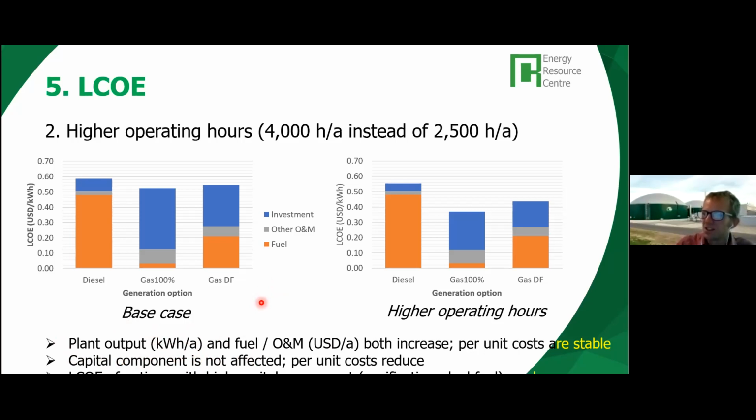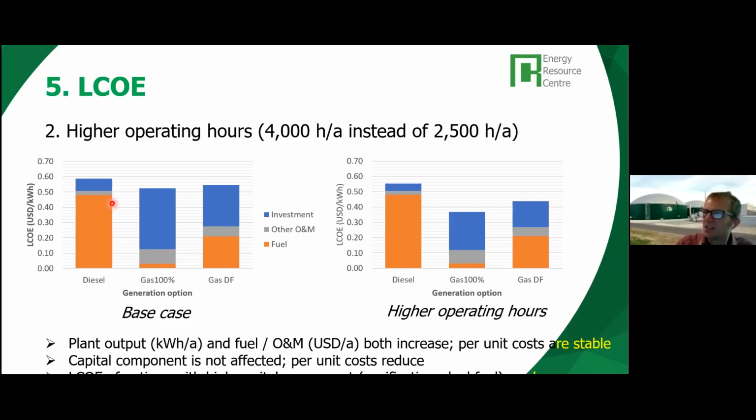Now this effect is more pronounced for the options which have a higher capital component, and that is particularly the gasification case and to some extent the dual fuel case. So you will see that the fuel component and the operation and maintenance components are more or less the same between the two